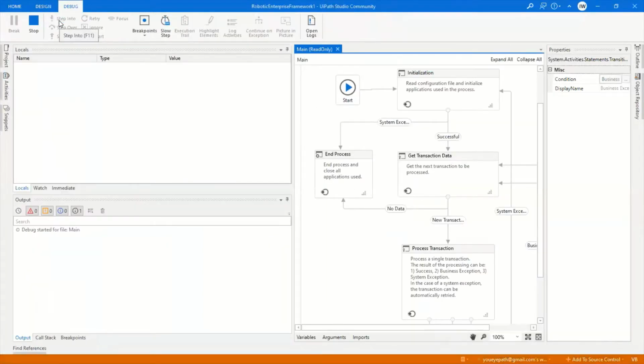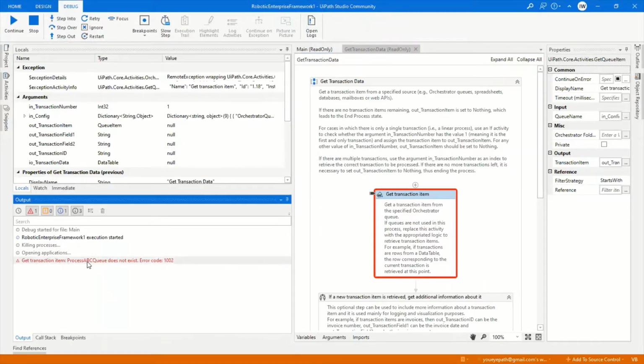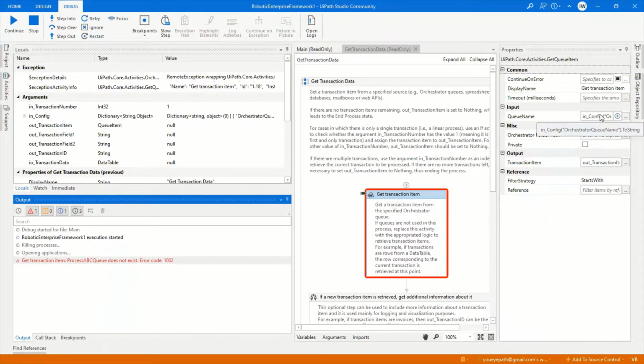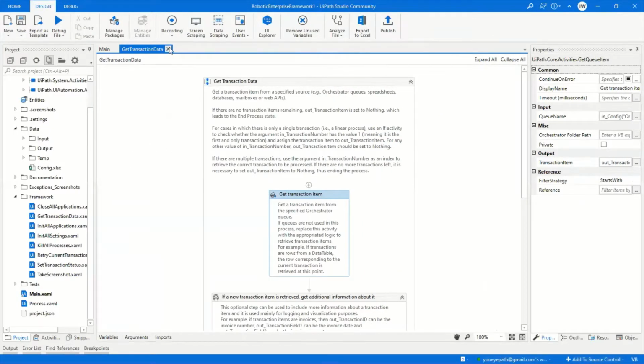This error that I'm going to receive is complaining about the Orchestrator queue name not matching the queue name that I actually have inside of Orchestrator. So you'll notice here, get transaction item: process ABC queue does not exist. And we'll get into some of the details, but the queue name here is coming from Config, Orchestrator queue name. This is talking about the config file, which is one of the huge aspects of the RE Framework. So I'm going to stop my automation here for just a moment,